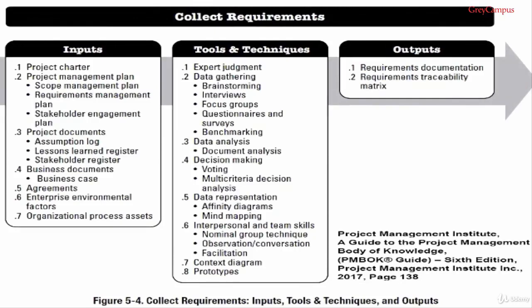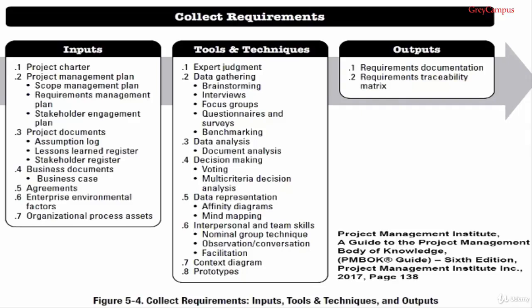Collect requirements process inputs. Number 1, the project charter. The project charter is created very early in the project, and it's just quite a brief, probably 1 or 2 page high-level document, and it's used in this process to provide information on high-level project description and the high-level project requirements. Input number 2 is the project management plan, and please remember the project management plan is not a single document,